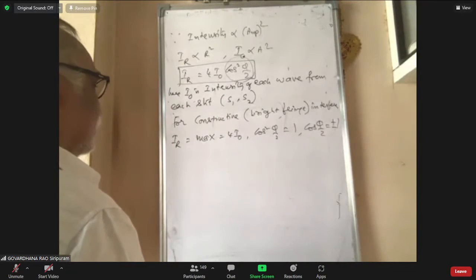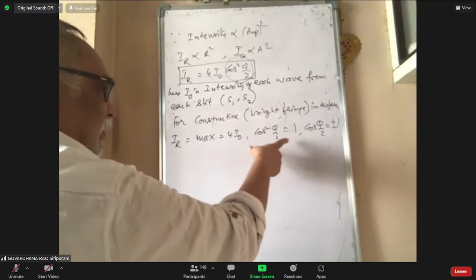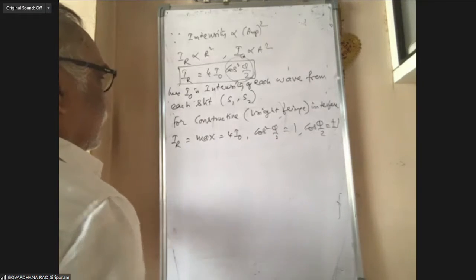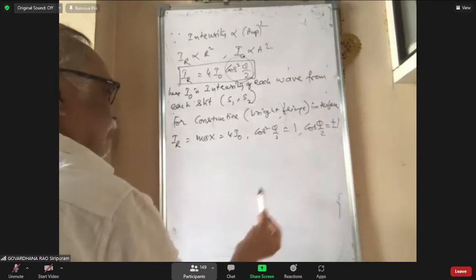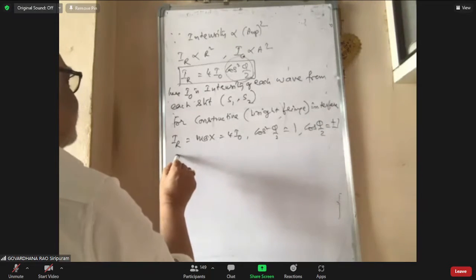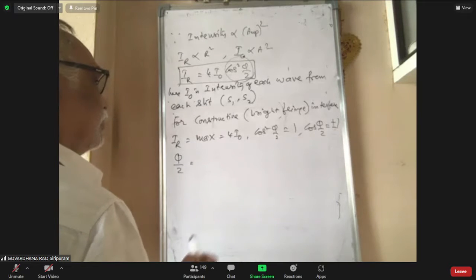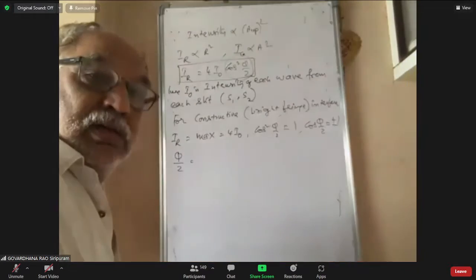Okay. So the resultant intensity is maximum. Cos square phi by 2 is 1. Cos phi by 2 is plus or minus 1. So when we get a cos value of plus 1 and a cos value of minus 1,